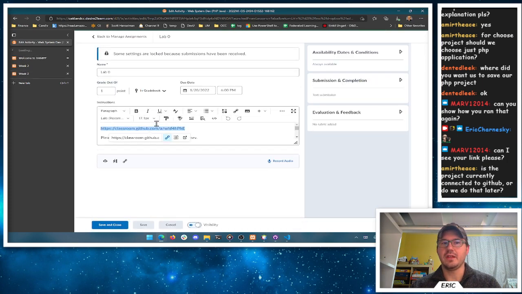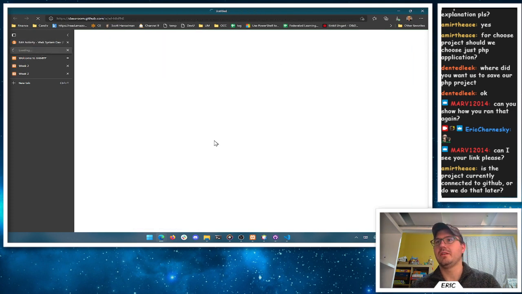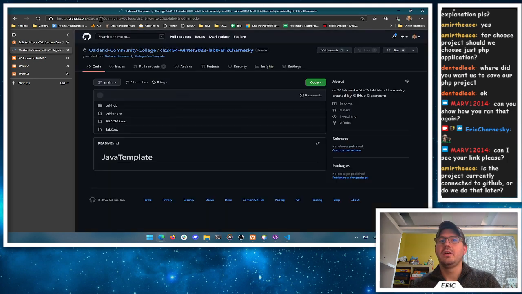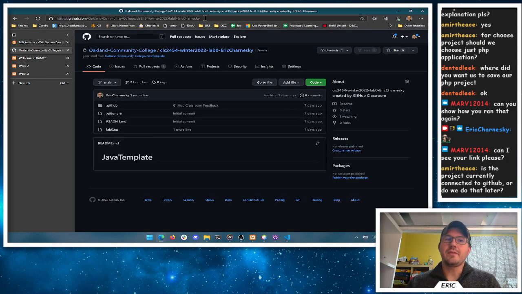Right? When you click that link, it's going to say, oh, hey, do you want to accept the assignment and make a repository for you? If you've already accepted the assignment, it'll say, good news, here's your repository. You can click that link. So this automatically creates a private repository for you folks that you have access to and I have access to,